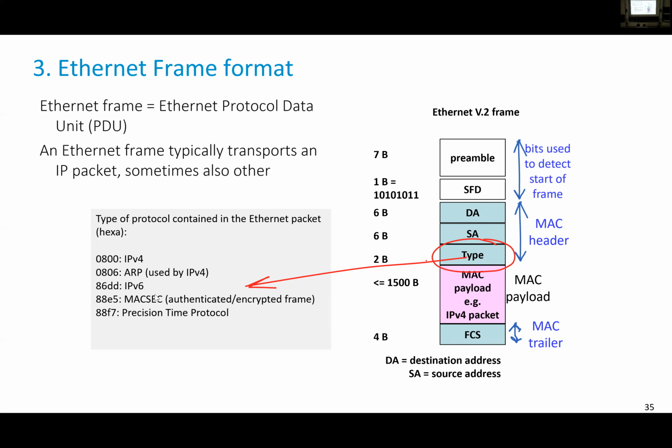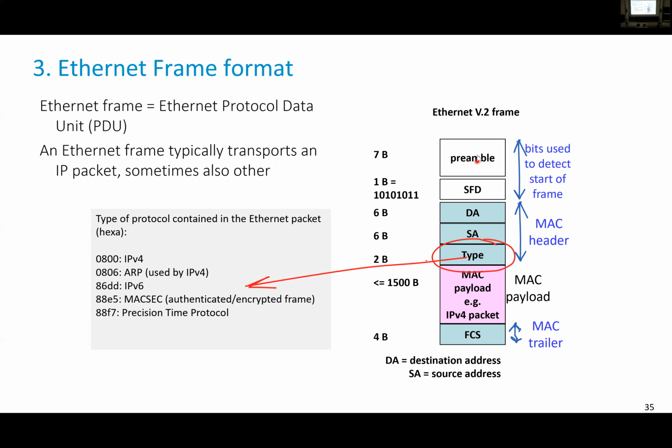And the weird thing is that IPv4 and IPv6 are different protocol types. I mean, we could have imagined that IPv6 is IP, and there is a different version number inside the IP header. But as we have seen, the desire of the IPv6 creators was to make it a thing different than IPv4. This is why it is like this here. We've seen also that the ARP used by IPv4 is an Ethernet protocol, so this is where the protocol is used here. There is an additional field here, frame check sequence, that we'll discuss in a second, and also a